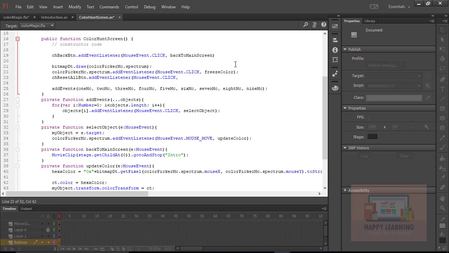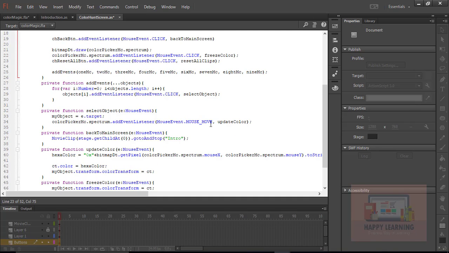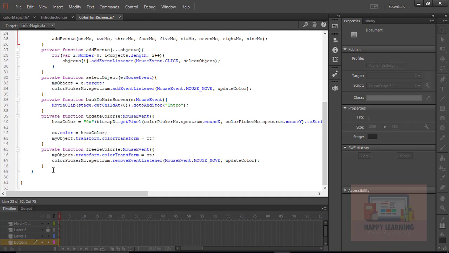And reset one is something like undo. It should cancel the color of the latest selected object. So the button name is the reset all button, and I applied an event there and defined a function there. Now let us define the function down below all the other functions. The private function, and reset all clips is my function name. So a regular mouse event,